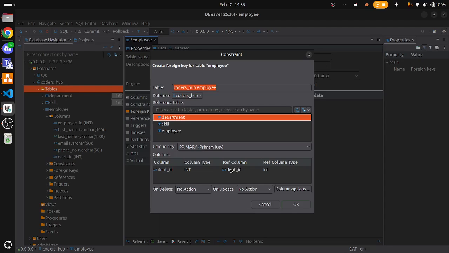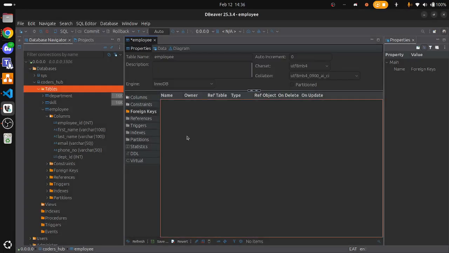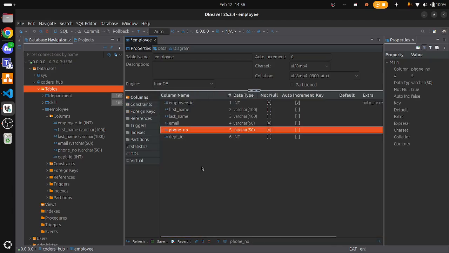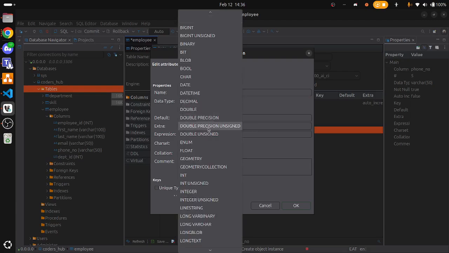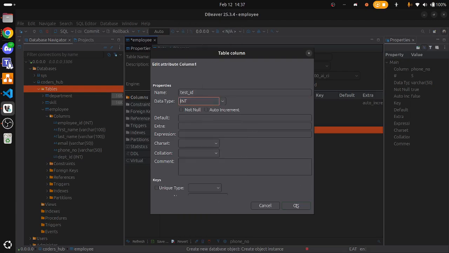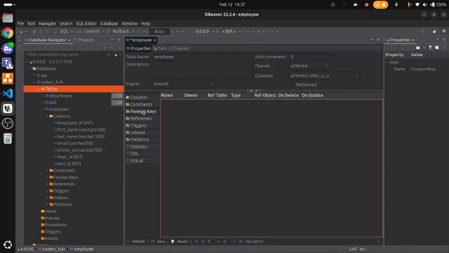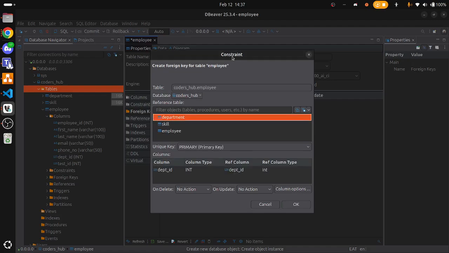So it will look at, okay, let me give an example. Let me create another random column, maybe you can call it test ID. I'm just giving it an integer. Okay, if I go back to foreign keys, right click, create, and we want to connect to